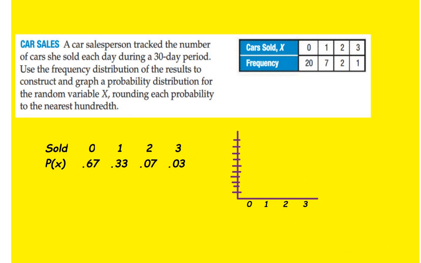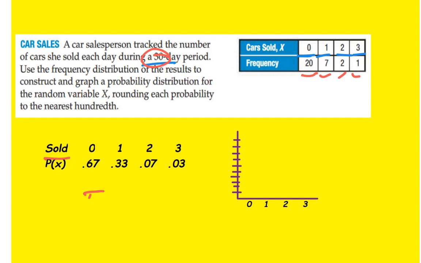So frequency tables are a good thing to be able to use. I really like them. So cars sold. I sold 0 cars, 1, 2, or 3. So a salesperson tracks the number of cars she sold during a 30-day period. Use the frequency distribution of the results to construct and graph a probability distribution for the random variable x, rounding each probability to the nearest hundredth. So first of all, there are 27, 28, 29, 30, which make sure it adds up to 30. There's 30 days, and they sold